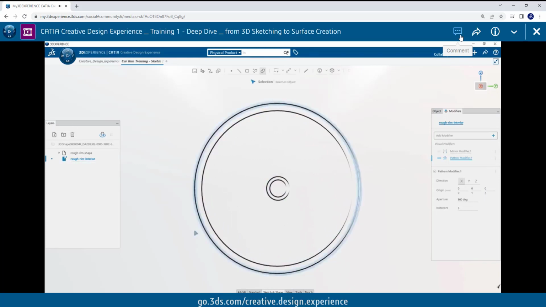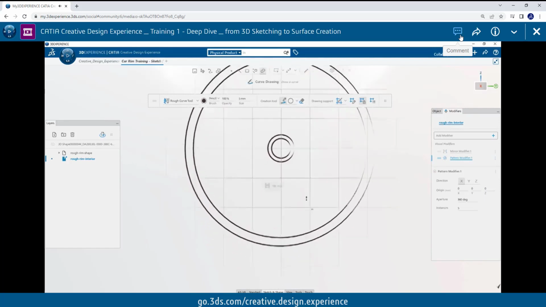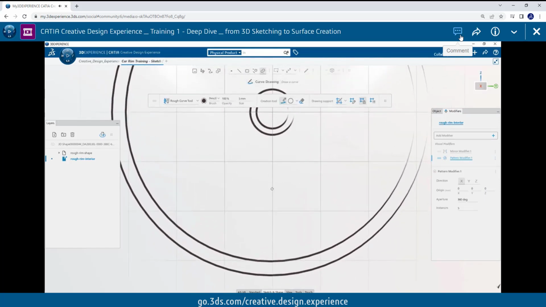Now that both modifiers are applied on top of my layer, I will start sketching, so I launch again the sketch creation command and I set the parameters. I choose a pencil brush appearance and the free drawing creation mode. Now I zoom in and I start to sketch one part of the rim stick to see that it is replicated simultaneously thanks to the visual modifiers.